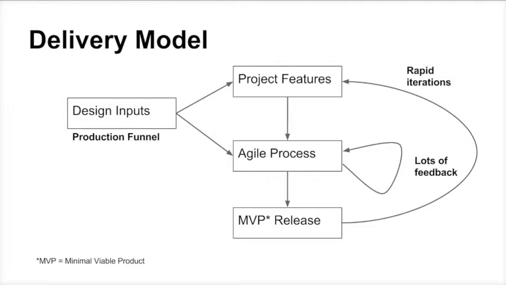Those features are funneled into an agile process, the key characteristic of which is that there are lots of feedback mechanisms involved in order to allow for adaptation to discoveries as the process moves ahead, and then periodically a minimal viable product is released,